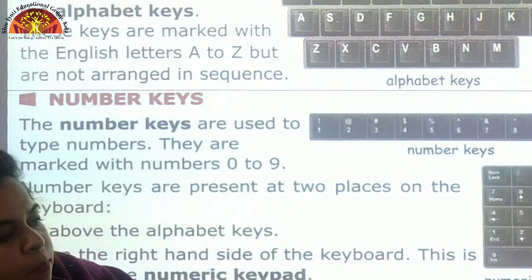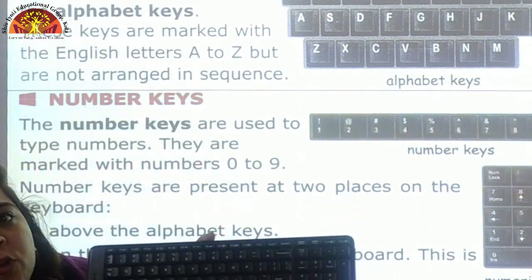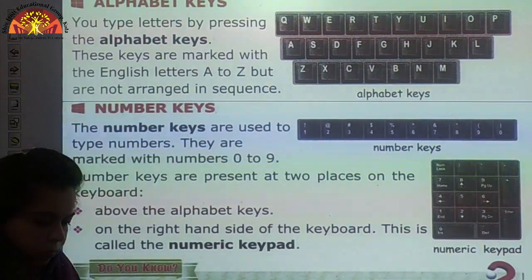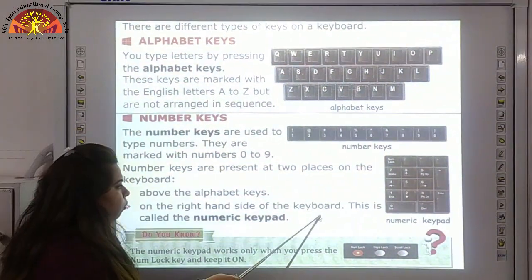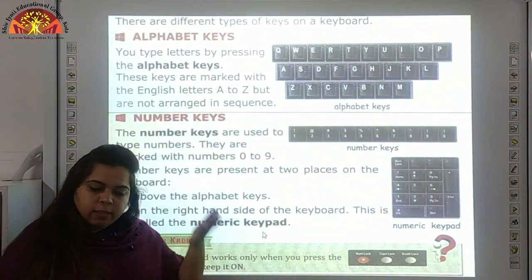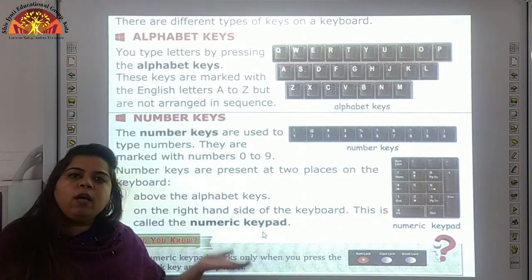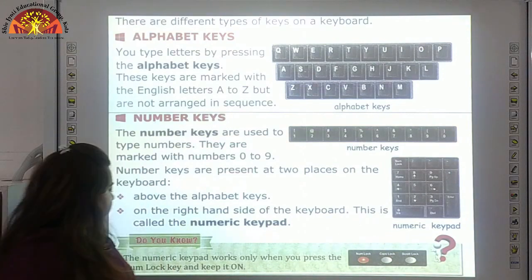And next it is present on the right hand side of the keyboard and this is called numeric keypad.